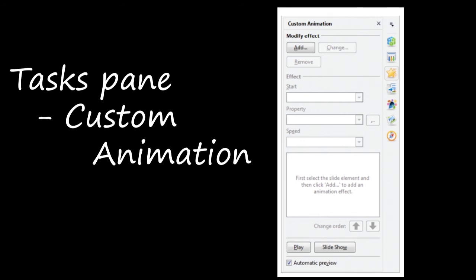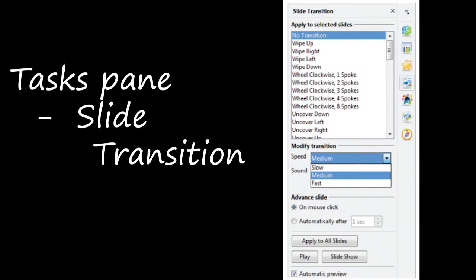Slide transition means transition means when one slide is moving and if another slide is coming, you can just choose the speed. Either you can keep slow, medium or fast also. You can also choose between an automatic or if it is a manual transition, and how long this slide has to be shown in the screen, that and all you can just select in this slide transition.